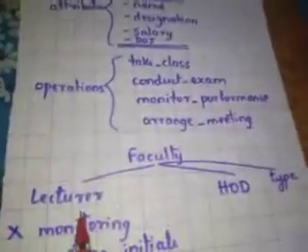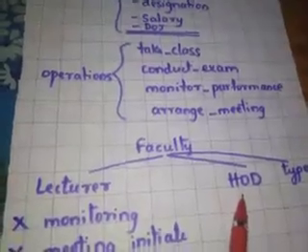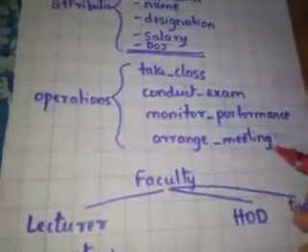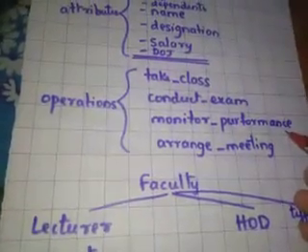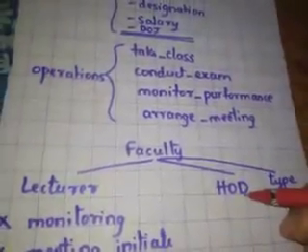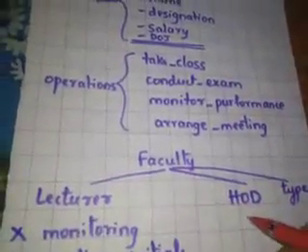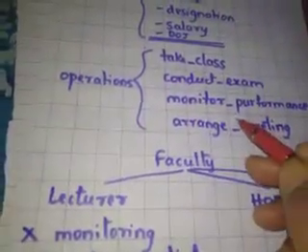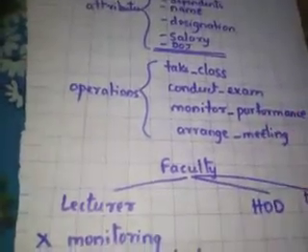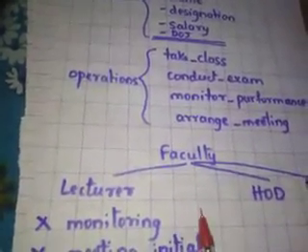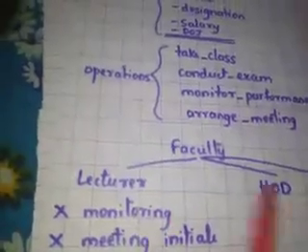Now, if we have modeled this as just one class with these attributes and operations, now a faculty can be a lecturer or he can be a HOD. So if he is just a lecturer, then he cannot monitor somebody else's performance. Similarly, he cannot arrange the meeting because HODs will call the meeting and the lecturers will just attend it. Similarly, the performance of the lecturer is monitored by the HODs. Now, it is one class, but it has logically distinct activities or behavior. In such cases, if we cannot fit it into a single class, we should split them.